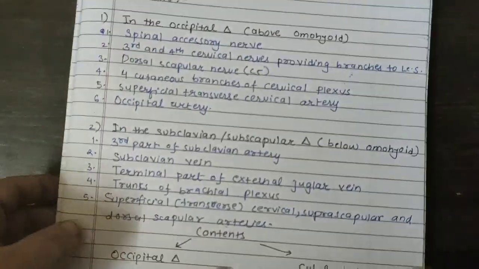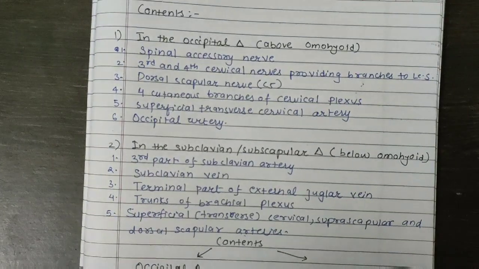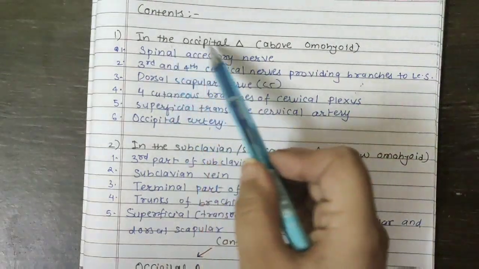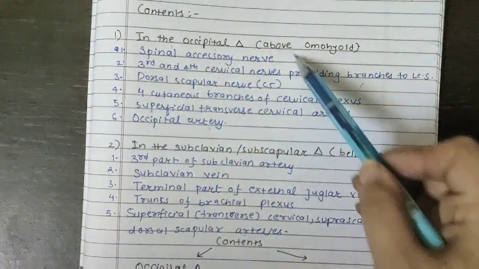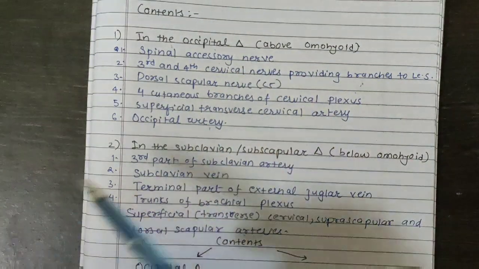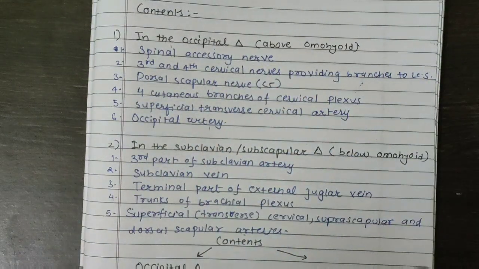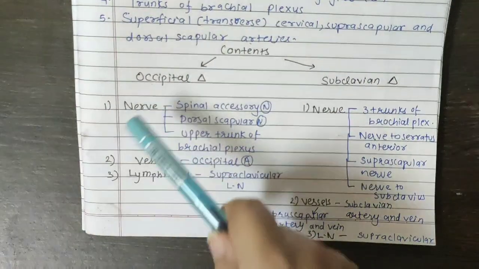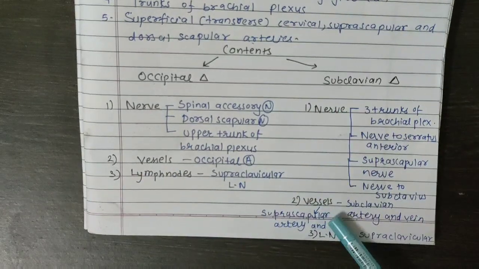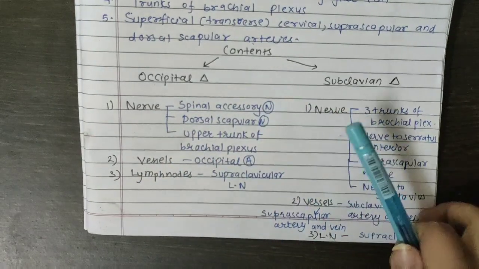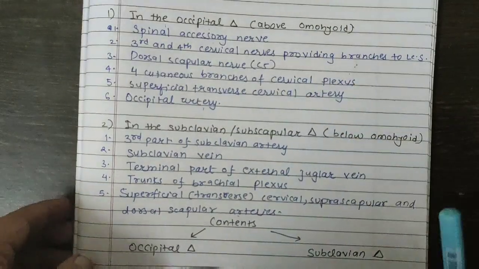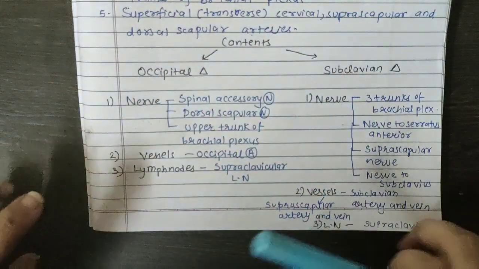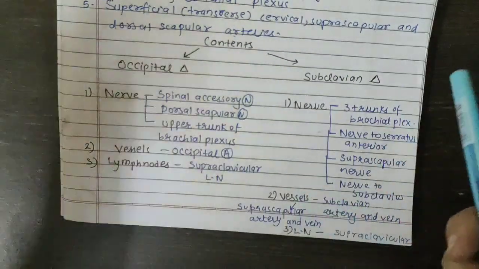Now let's see how we have to write in exams if we are asked about the contents. So in the occipital triangle, that is above the omohyoid muscle, there are 6 contents. Spinal accessory nerve. If you compare this with the diagram, you can know. Here I have written it in a different form, but what you have to do is write in this simple form, that is nerve, vessels and lymph nodes. Nerve, vessels and lymph nodes. So this format will be easy for you, and if you want to write both formats, first write this content and then jumble the content, so that the examiner will feel you have written a lot. So that will give you extra marks.